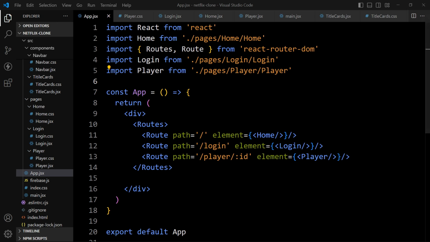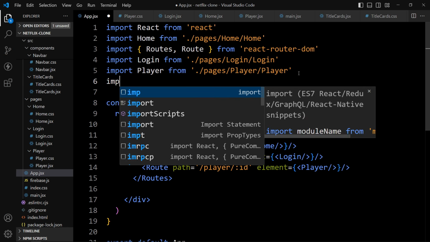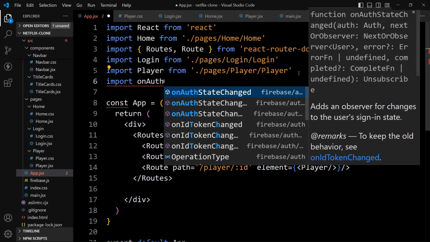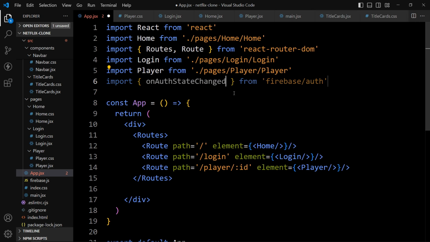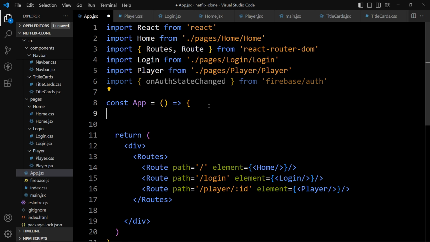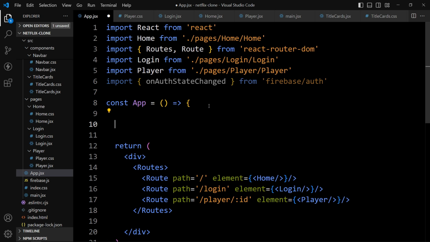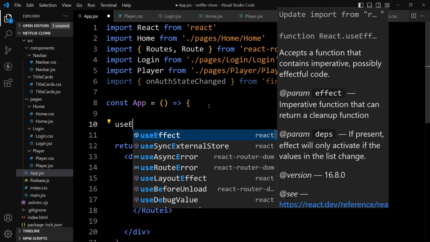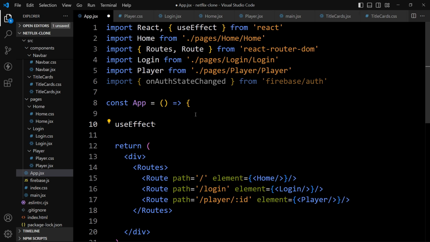Let's add import onAuthStateChanged from firebase/auth. So after importing this, here before this return, let's add useEffect. So useEffect has been imported here.